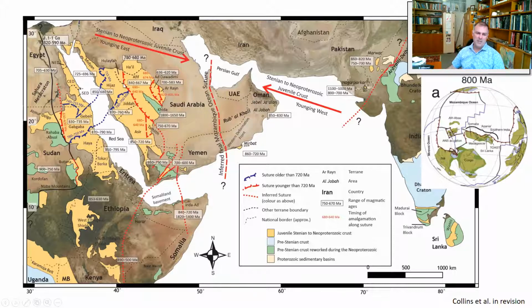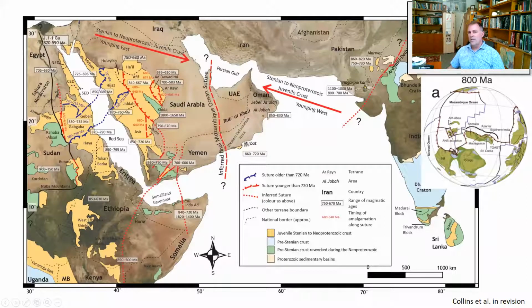The Beta suture here and the Keraf suture over here in Sudan, and these ones here are down into the 600s. So there's a fundamental kinematic change of subduction represented at this time. And when we put that on a globe, these are now the north-south zones, and these are now the east-northeast, west-southwest suture zones. And so that change in subduction, from what is now represented by the north-south suture zones, but in a reconstructed model would have been much more latitudinal